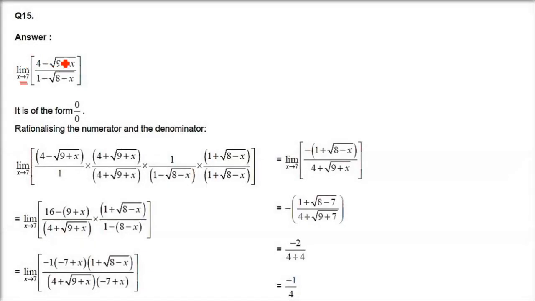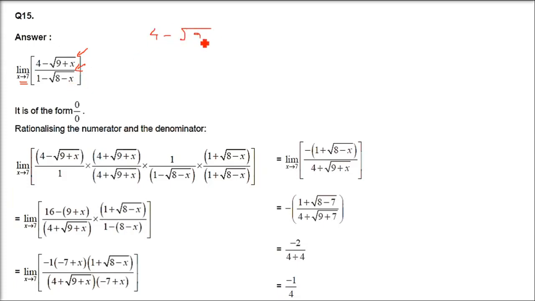What do we do here? Here we have another trick we have to use. Actually, questions number 14 and 15 are the main questions of this whole exercise. So here, what do we do? We have the same thing, a kind of numerator and denominator. How to get it? We have to rationalize it. But if we rationalize the numerator, what about the denominator? If we rationalize the denominator, what about the numerator?